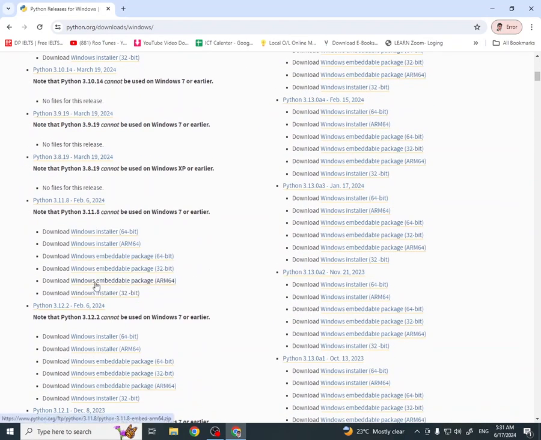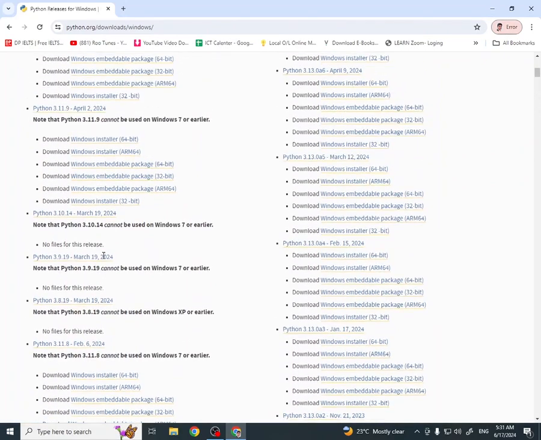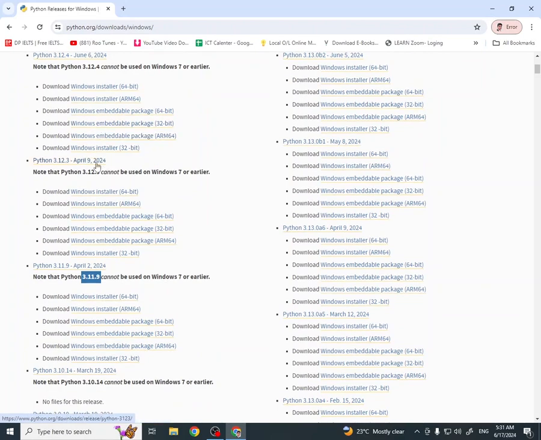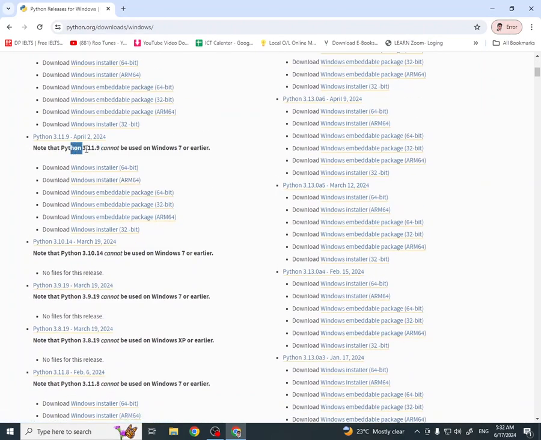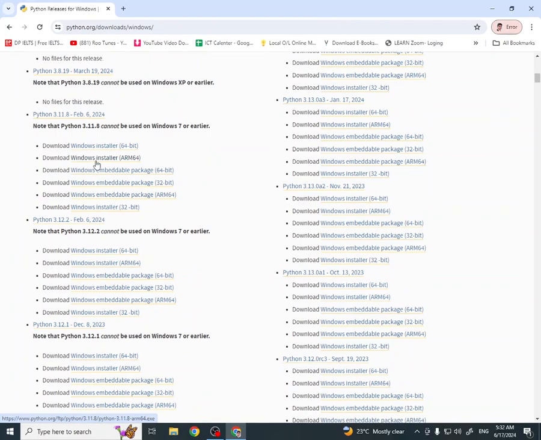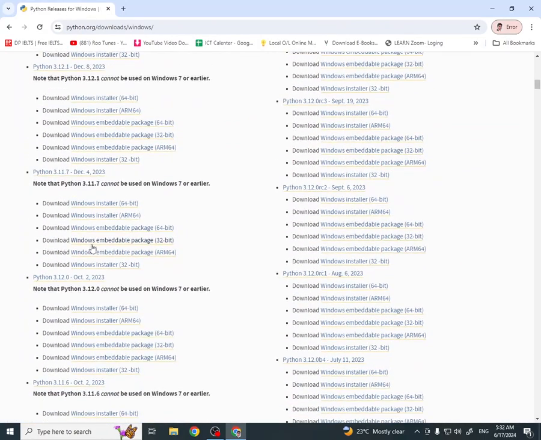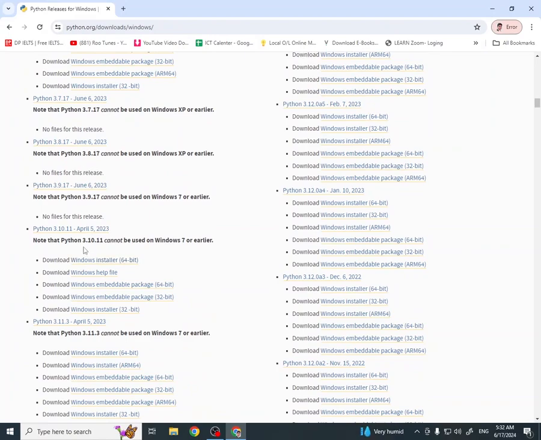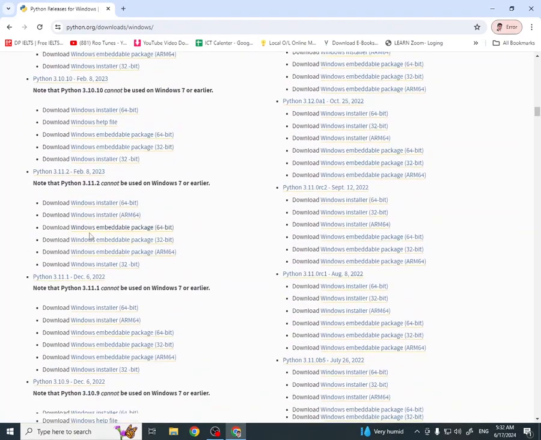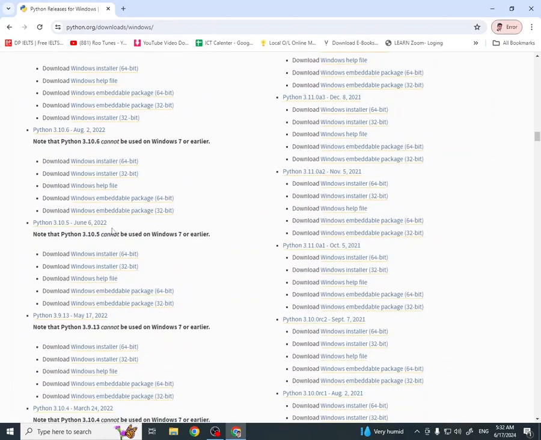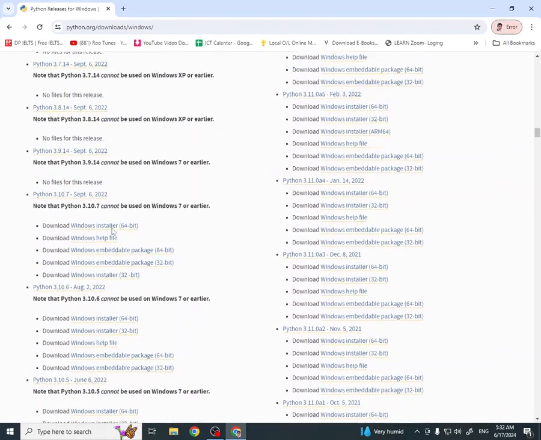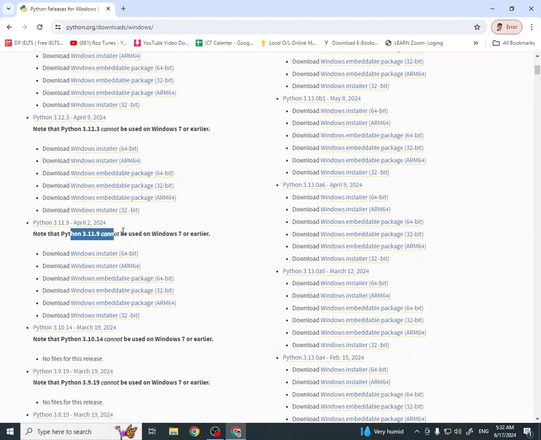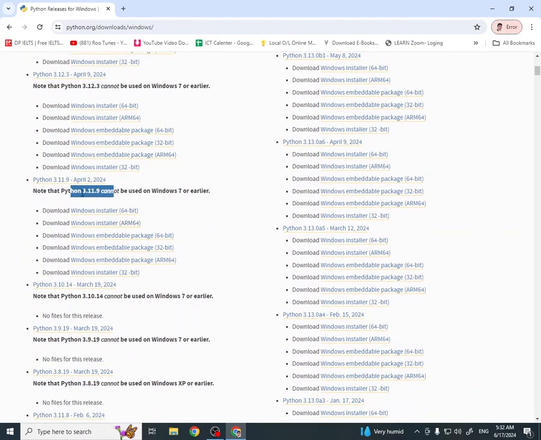Likewise, there are versions. So I may just download the 3.11 version to be quite fair, not the latest version, not the very old one. So that's my selection. Or else you can go for some very previous versions like 3.8. We don't have those versions to download. Likewise, if you scroll this, there are different versions available. Right? Then among them, I may select from the top menu without thinking much more,